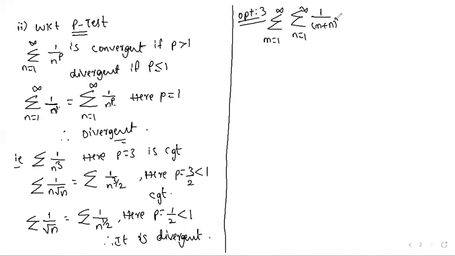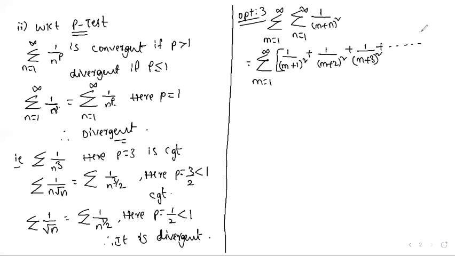given that summation m equals 1 to infinity, summation n equals 1 to infinity 1 by (m plus n) whole square, this can be written by splitting. Put n equals 1, n equals 2, and so on, so we can split the summation. This can be written as 1 by (m plus 1) whole square plus 1 by (m plus 2) whole square plus 1 by (m plus 3) whole square plus, and so on. After splitting the summation,